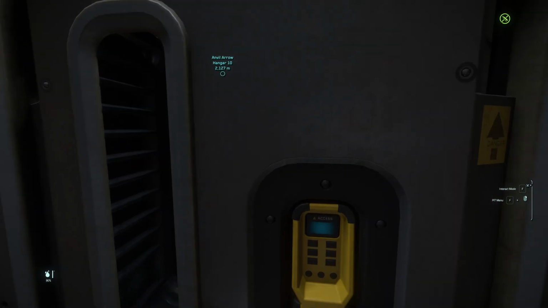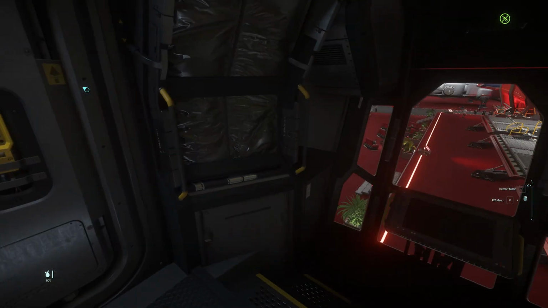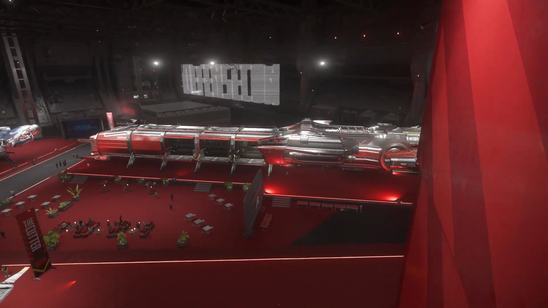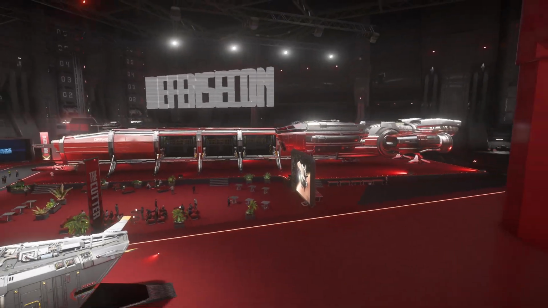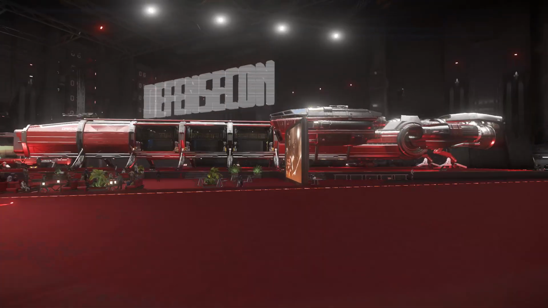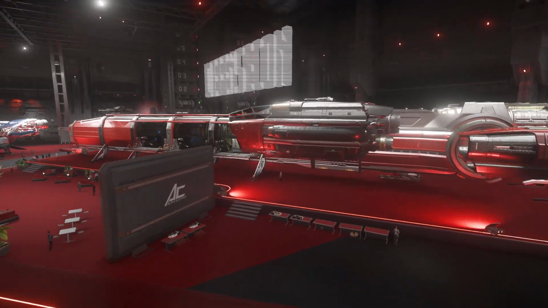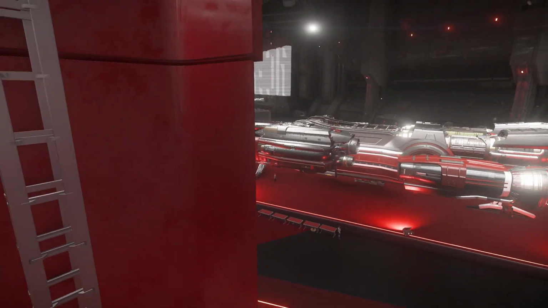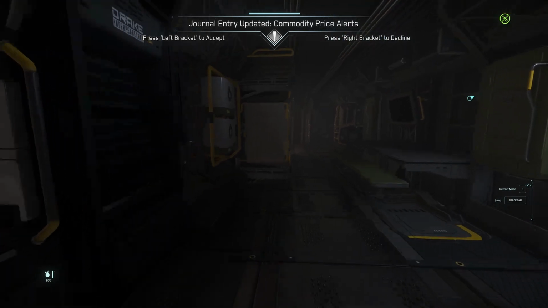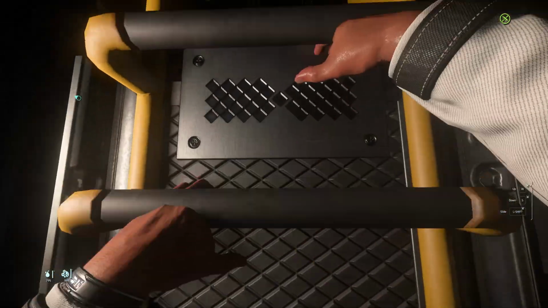Nice. Alright, so not entirely sure where this door leads to, but I think it's to EVA out. Let me just confirm that with you guys really quickly. Can't really see, to be honest. Nah, I can't see if there's a door leading outwards, but I think it should lead you guys out into space. Alright, let's go back up. The ladder is right here,